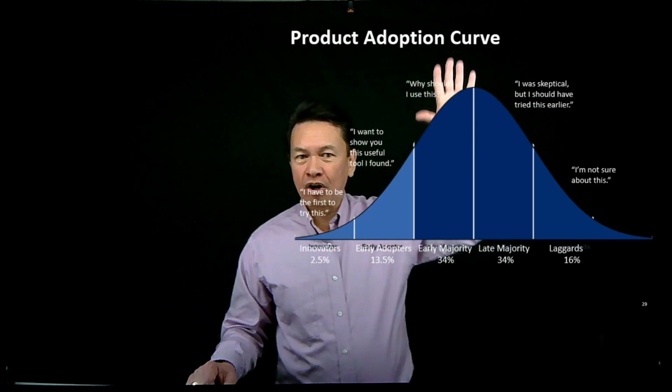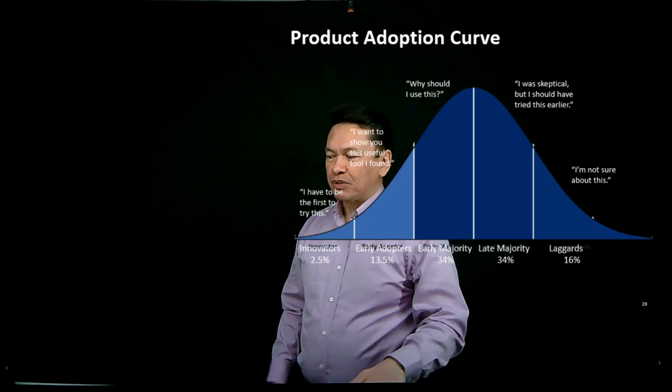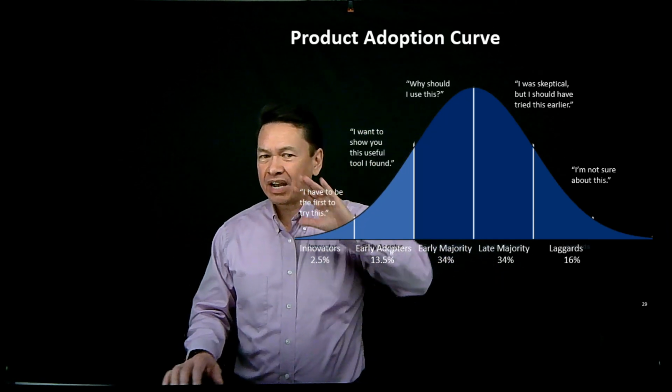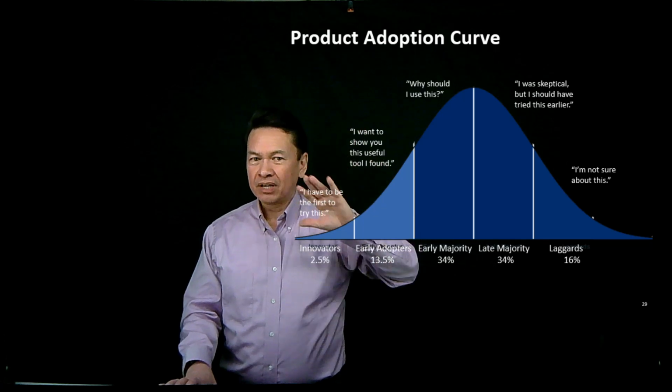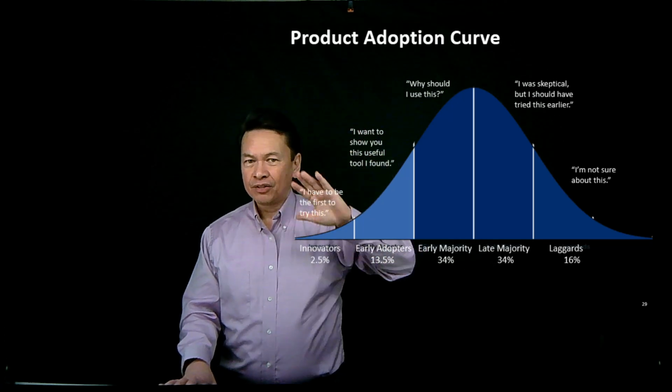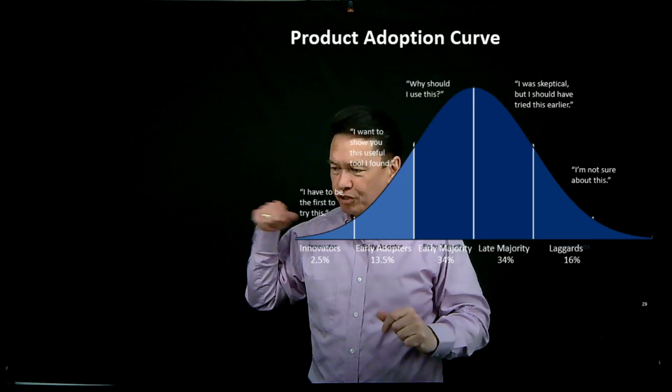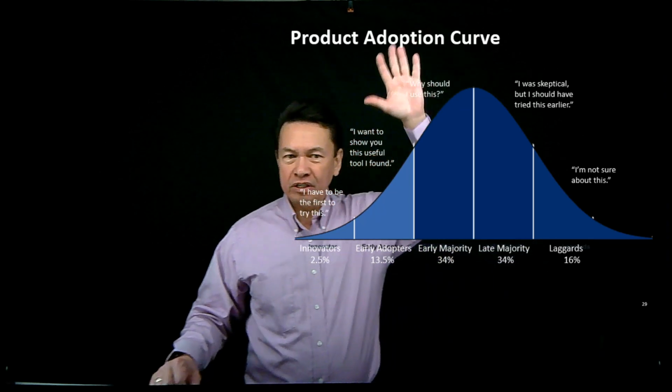Then there's what they call the early majority. These guys are skeptical, saying, I don't know, is this a fad? Is it real? Does it really work? But when these guys start being successful doing what they're doing, and they're getting some good press around it, and their customers are very satisfied, then this group says, okay, you know what? I should use this. I need to go into that. That's that early majority, right?